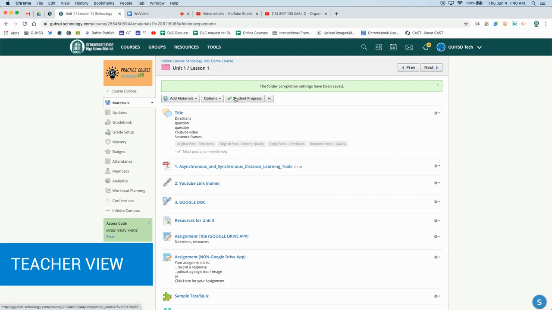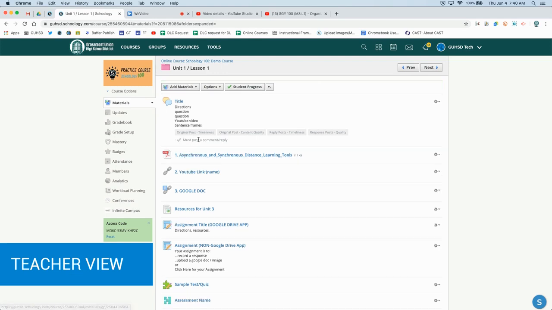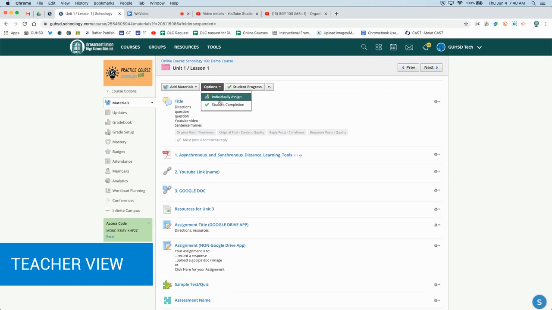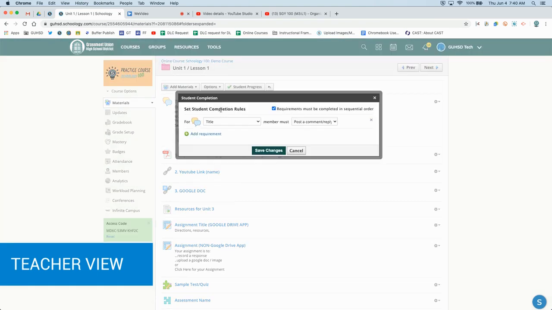Okay, I now see a student progress button that's here, and it's grayed out right here to remind me that I have applied a rule here that students must post or comment before they go to the next one. I can add some more rules, and I'm going to go ahead and do that for all the items that are in here. I'm going to add a requirement,